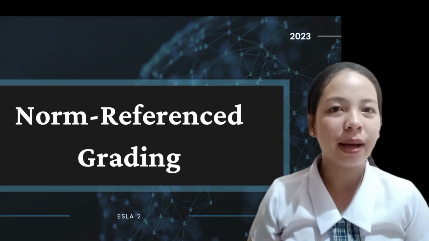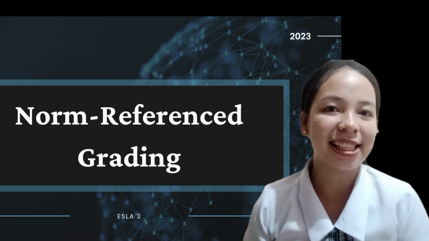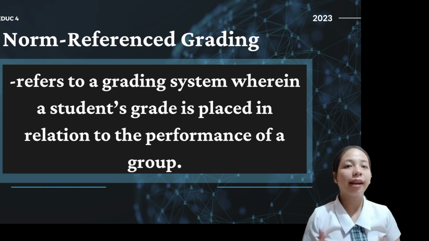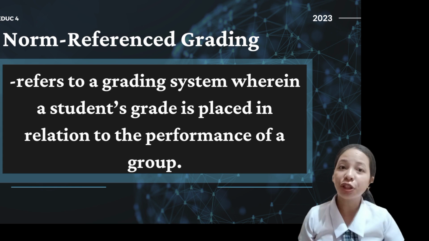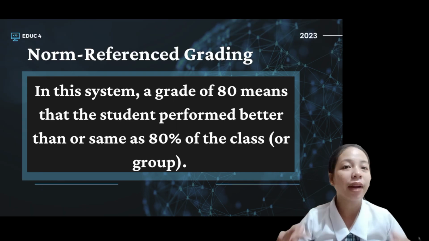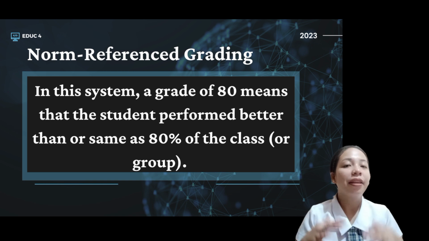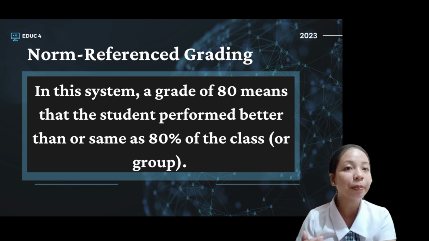Our topic is all about norm referenced grading. So let us define what it is. It refers to a grading system wherein a student's grade is placed in relation to the performance of a group. In this system, a grade of 80 means that the student performed better than or the same as 80% of the